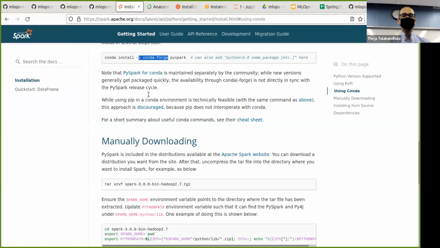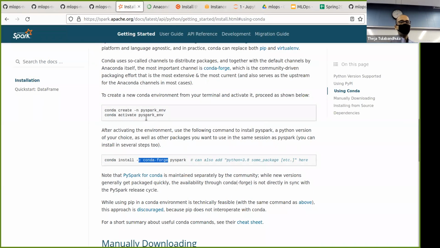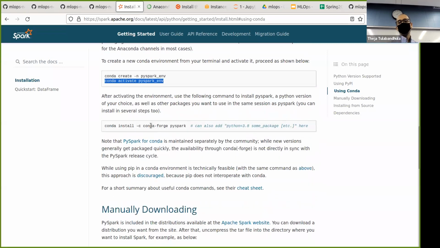On the installation page, I think you can ignore the creation of a separate environment, but if you want, you can create one. If you already started creating an environment, then conda activate PySpark environment would be useful. No, all you're trying to do is install PySpark, right? If PySpark installation doesn't work on your default conda environment, like the base environment or whatever it is,